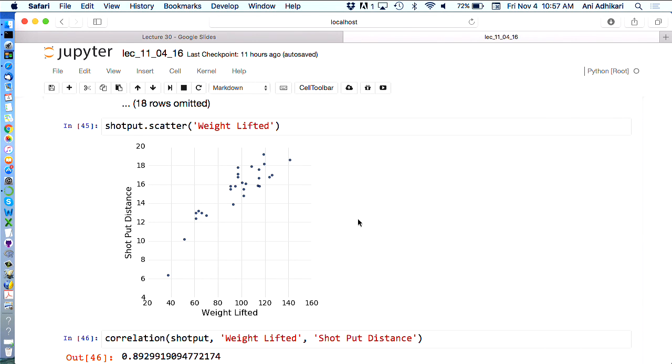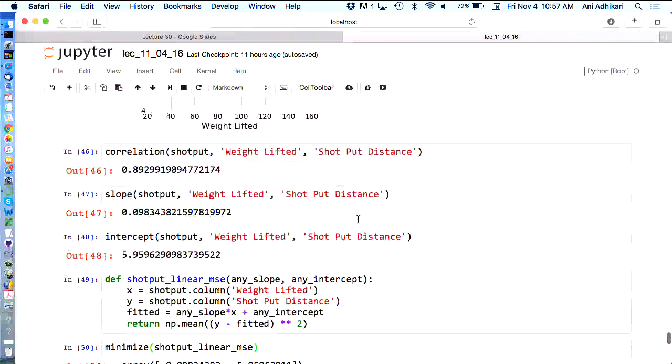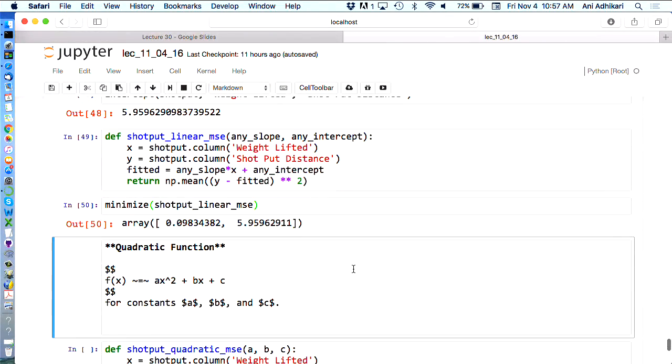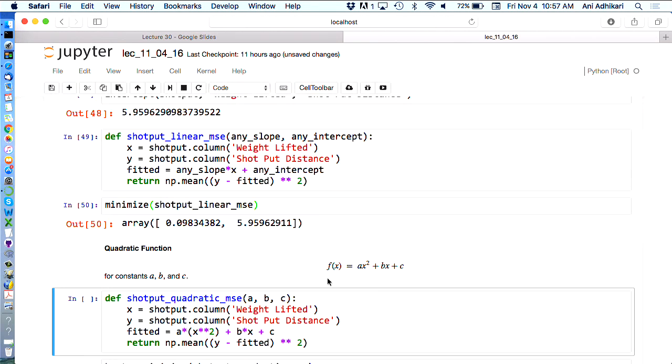So what we have is the best straight line among all straight lines. But that thing isn't straight. There's a little curve. And the study postulated that there was a quadratic relation. So can we fit a quadratic? We can, because minimize doesn't care what you're minimizing. It'll minimize anything. So we will now define, just to remind you what a quadratic function is. A quadratic function is just a parabola, right? Instead of ax plus b, you have an x squared term. So now you have three parameters.